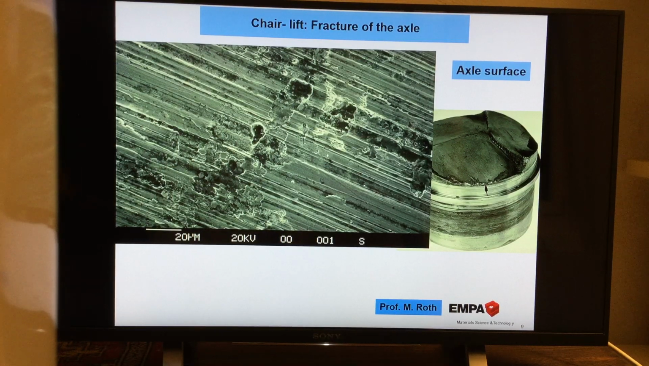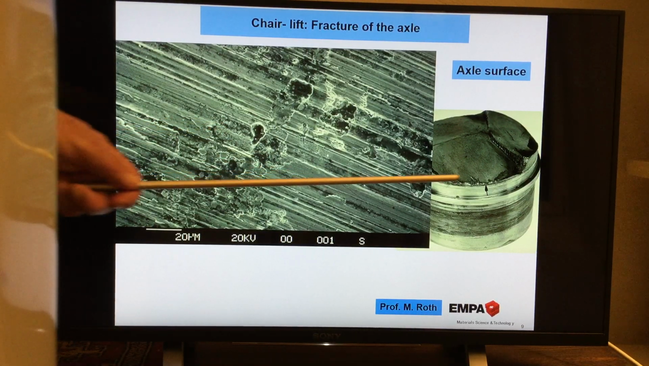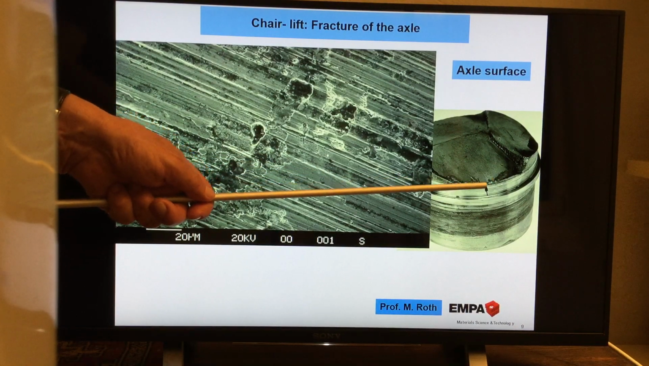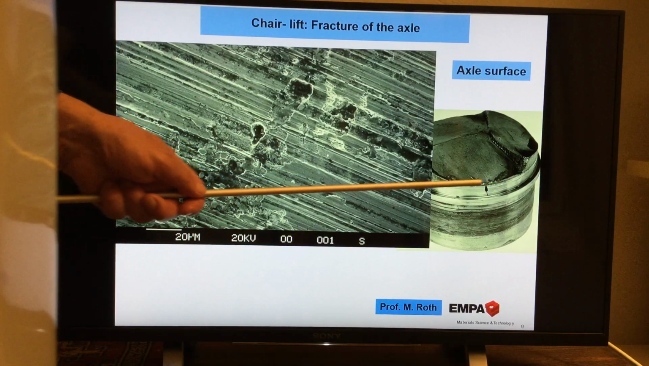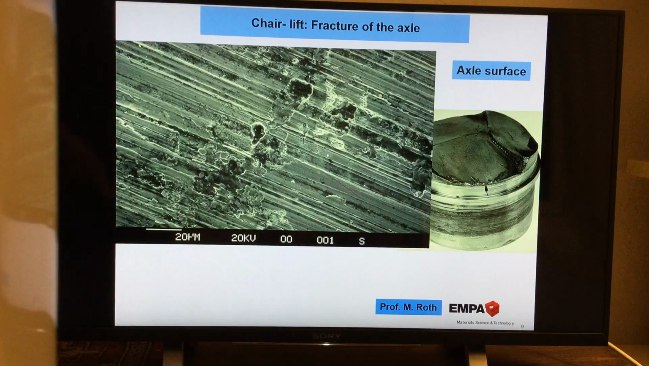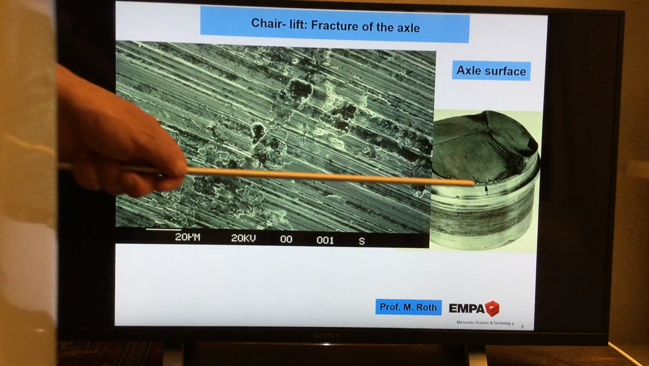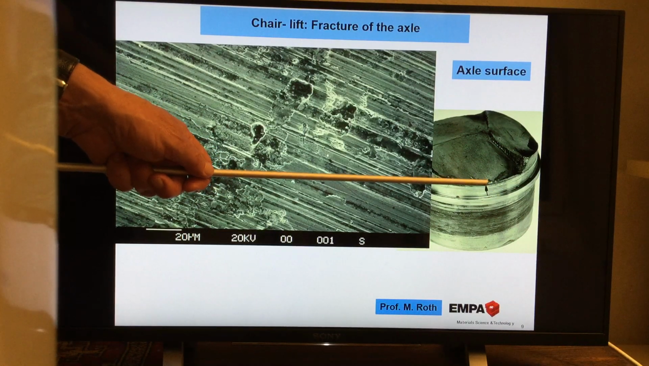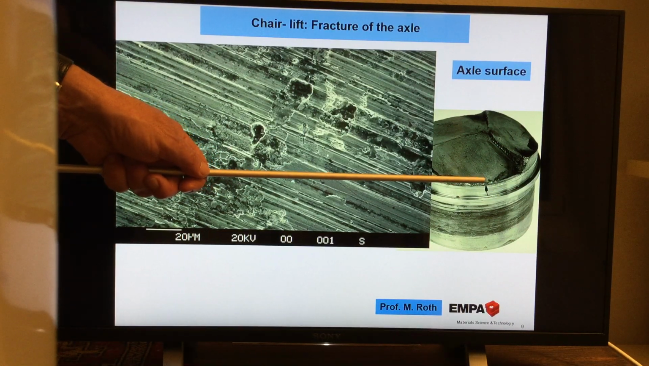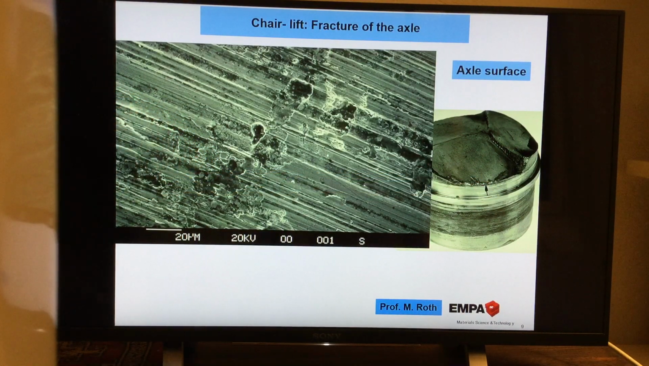Now it's very important to have a look at the adjacent crack initiation site on the surface of that axle. And we see here again at higher magnification in the scanning electron microscope the surface here just nearby of the crack initiation. So what do we see there? There is mainly two features. One feature,